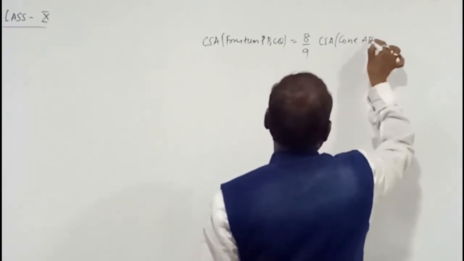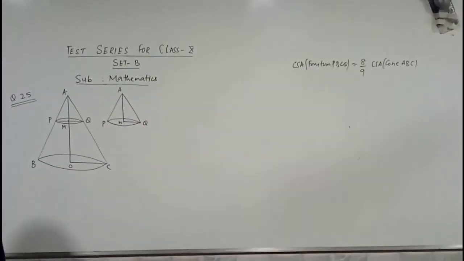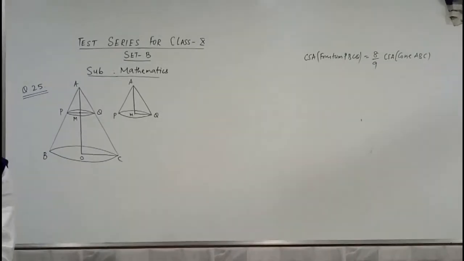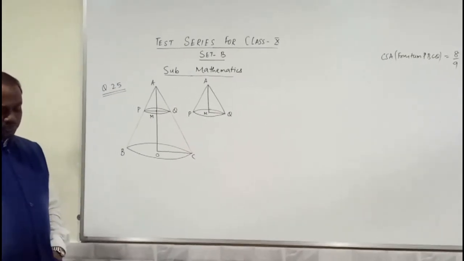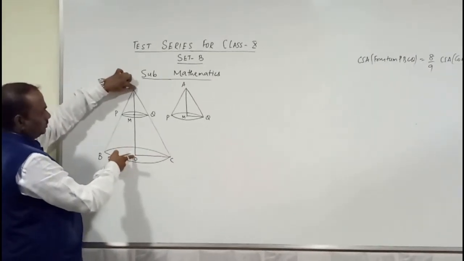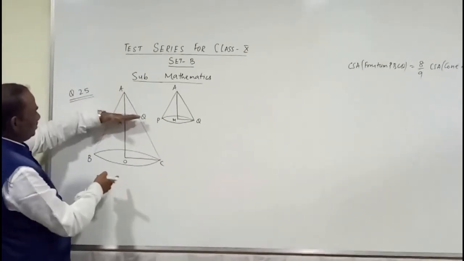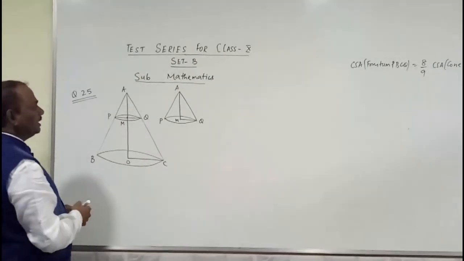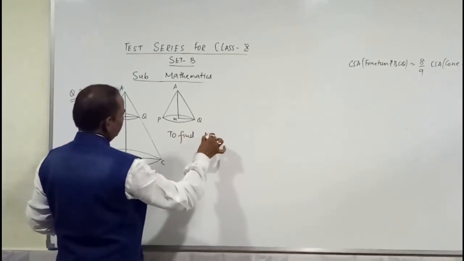Cone is ABC, जैसा कि आपको दिख रहा है, पूरे कोन का नेमिंग ABC है। तो ये हमारे पास एक हेल्पिंग हैंड है, इस हेल्पिंग हैंड को यूज करके हमको इस सम को सॉल्व करना है। अब देखते हैं फाइंड क्या करने को बोला है, फाइंड द रेशियो ऑफ द लाइन सेगमेंट्स इनटू व्हिच द एल्टीट्यूड ऑफ द कोन इज डिवाइडेड बाय द प्लेन। एल्टीट्यूड ऑफ कोन अगर है तो वो है AO, और ये प्लेन PQ है जो इसको M पॉइंट पे मीट कर रहा है। तो इस एल्टीट्यूड को ये प्लेन दो पार्ट्स में डिवाइड कर रहा है, एक है AM, दूसरा है MO। अपने को इसका रेशियो फाइंड करने को बोला है। तो टू फाइंड वाला जो पोर्शन है वो है AM/MO।